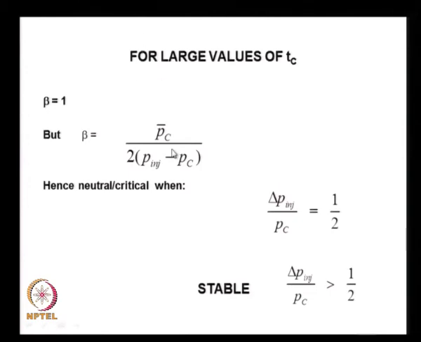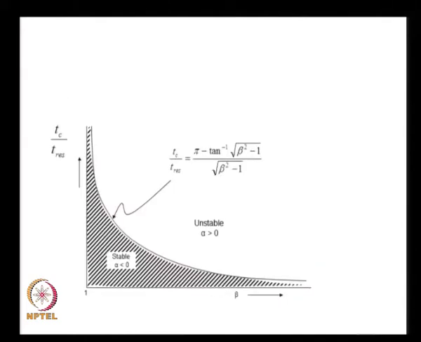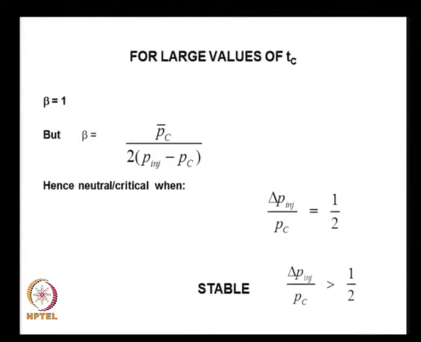Now when I want to get the value of the injection pressure drop as a function of chamber pressure drop, let me go back to the previous equation for large value of this. If I say my combustion delay is infinity, rather Tc by T residence is very large, the value of my beta is equal to 1. This is under the condition that the combustion delay is very large. If I want the value at Tc for a very large value, that means beta is equal to 1, then I get, but I also know that the value of beta is equal to Pc bar by this,